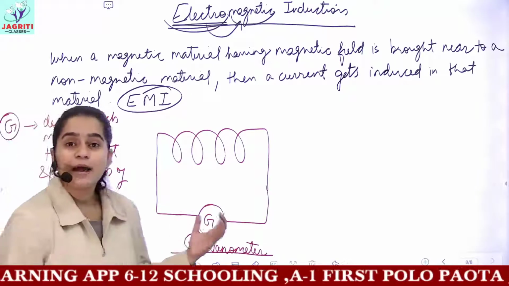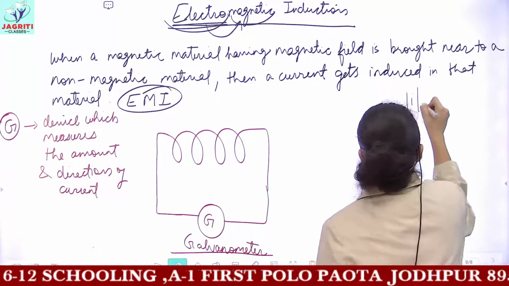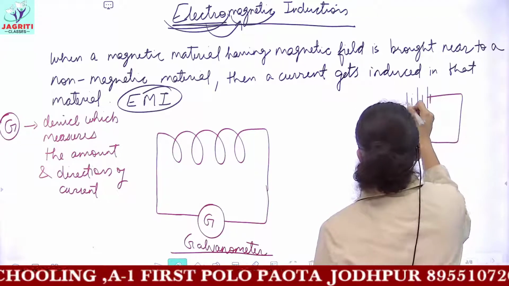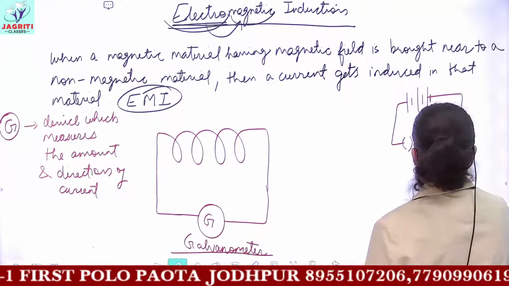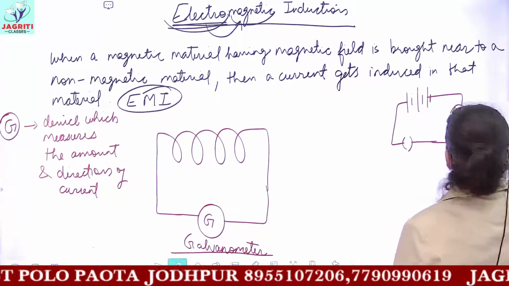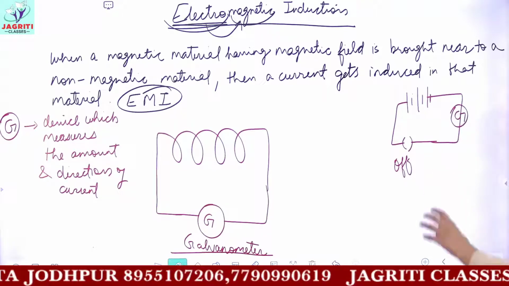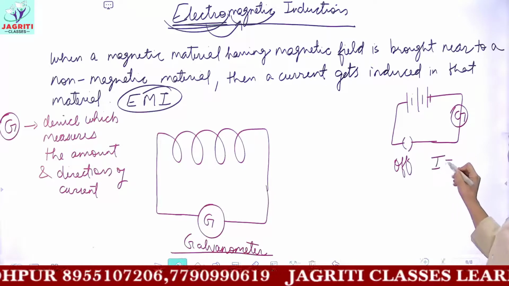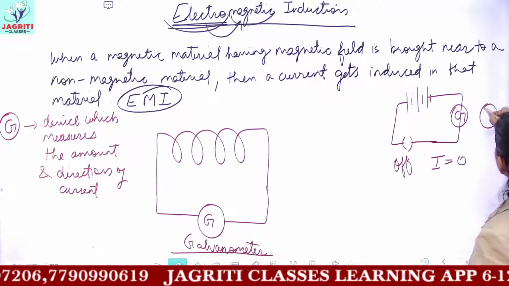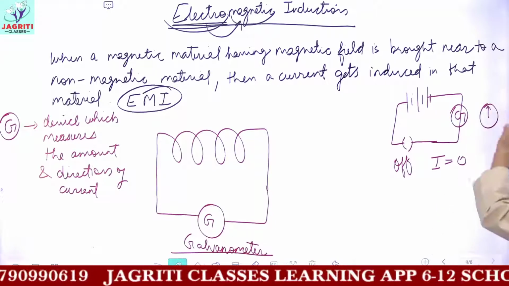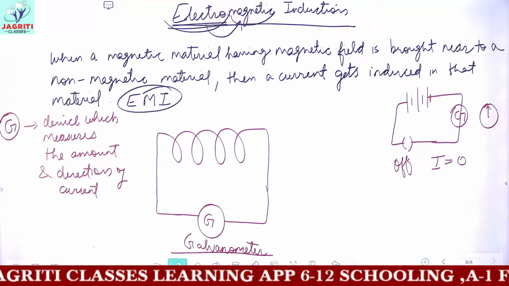That is, when you have no kind of current flowing through a circuit. Let's suppose I make a very simple circuit here, and this is the switch or the key, and this is the galvanometer. So when the switch is in off condition, no current would flow through the conductor. And when no kind of current is flowing, then this galvanometer shows a 0 reading, or the galvanometer has its needle oriented in a straight direction.